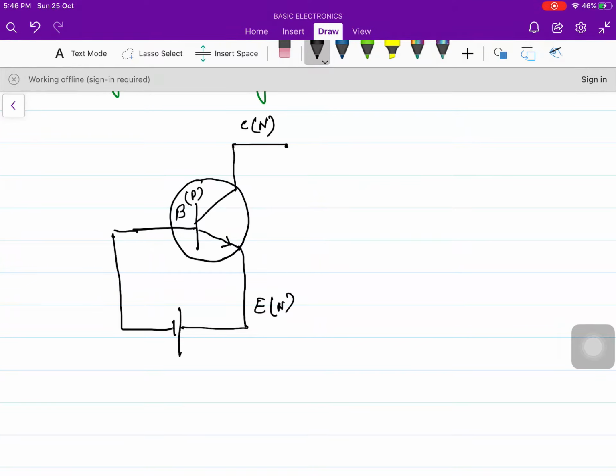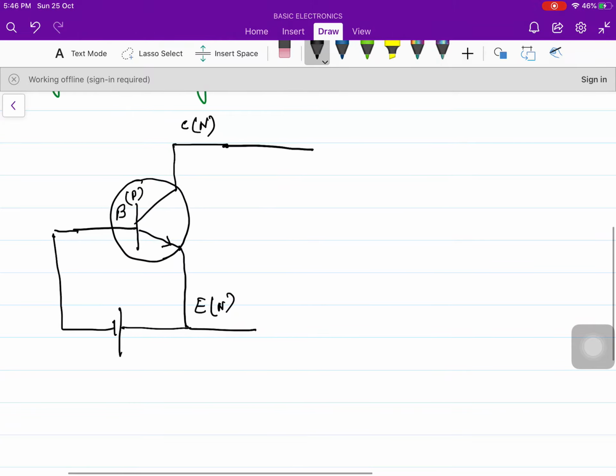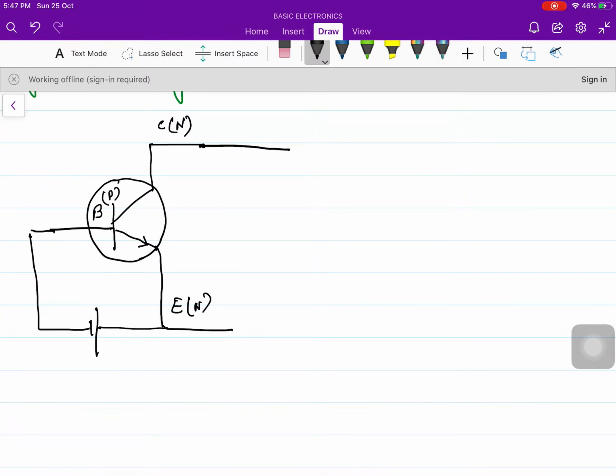And the name of the battery we will discuss later. Now we will connect the battery on the collector base junction also. But if you see here, we are going to connect the battery between collector and emitter. Both are of N type. Then how to decide how to make it reverse biased? For that you need not worry. You have to just remember that table where you did like this: